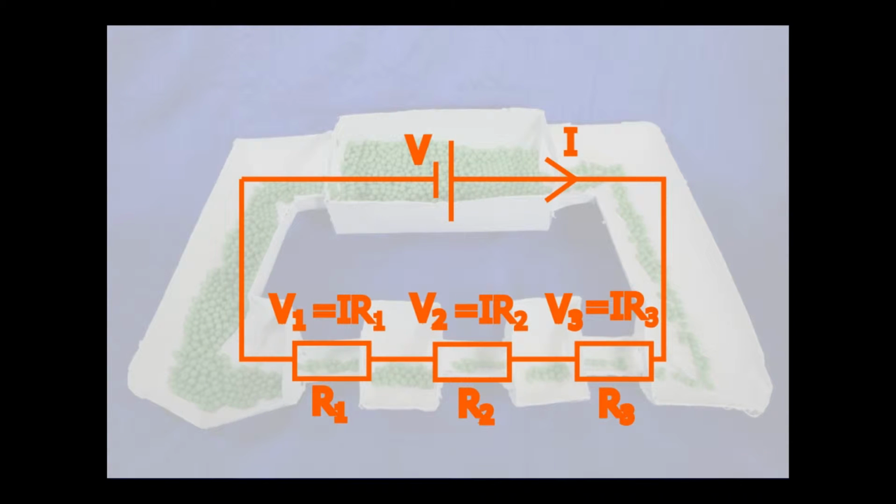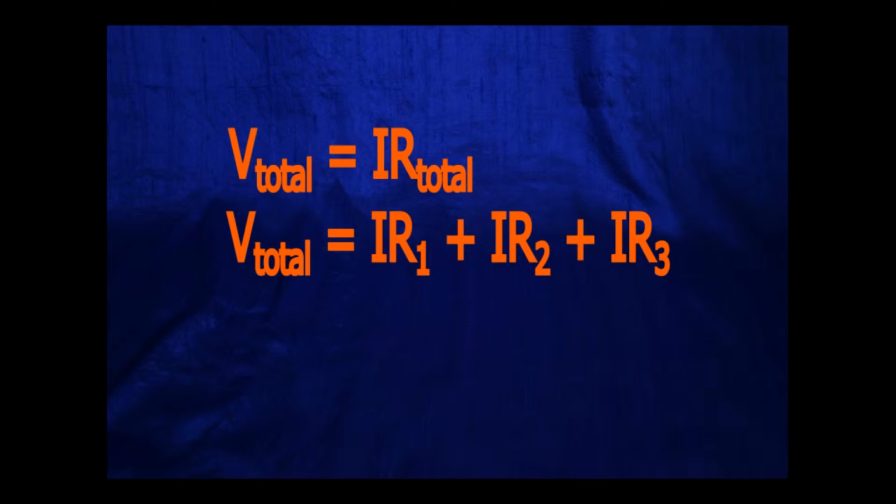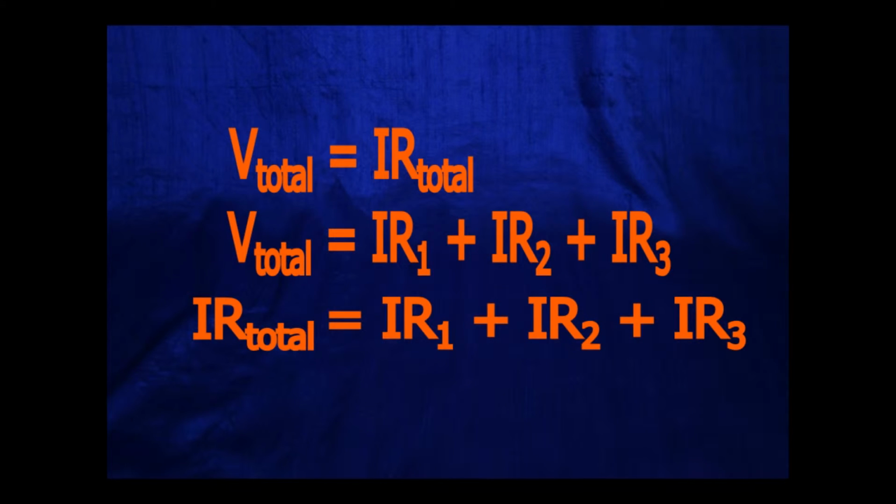We can substitute for V1, V2 and V3 using equations that look like V1 equals I times R1, and that gives us an equation that says the total voltage is equal to I times R1 plus I times R2 plus I times R3. We can replace V total with I times R total, and that gives us I times R total equals I times R1 plus I times R2 plus I times R3. In this equation, the current is the same everywhere, so we can cancel it right out, and that gives us